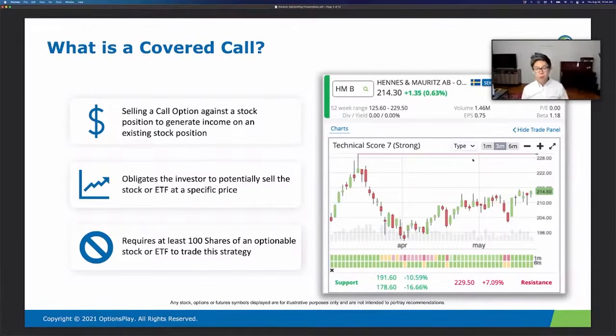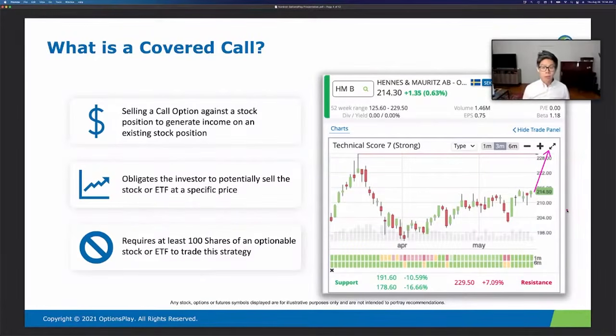Because if you think about the stocks that you own, you own them for one specific reason. You generally own them because you think that the stock is going to rise in value. And what you want to do is sell that stock at a higher price sometime in the future in order to profit from that.